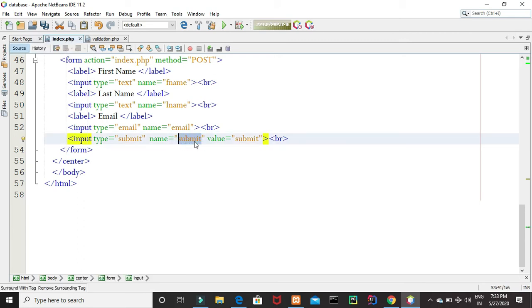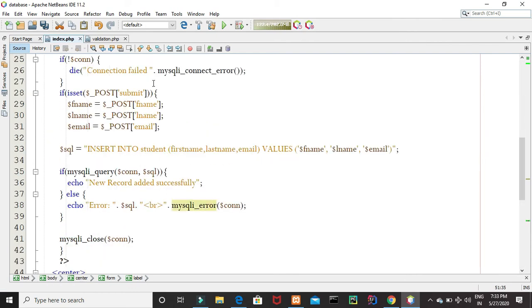Because we have given the name submit to our input type submit, we are checking whether the variable is set or not. So only when the user presses the submit button, there will be some values sent to the server. So if it is set, then the condition is true.